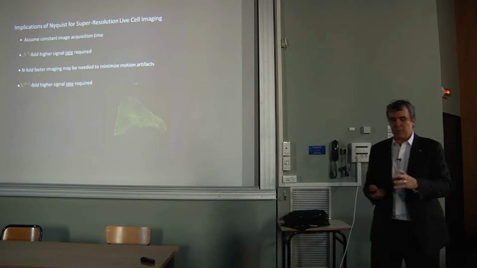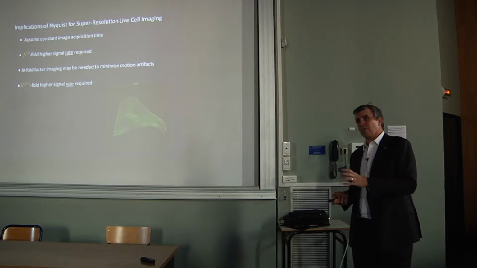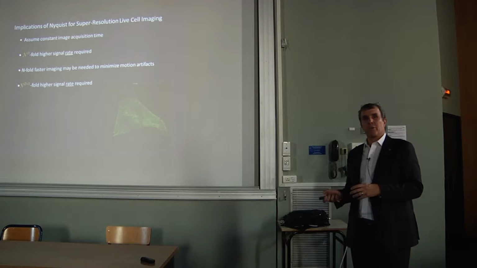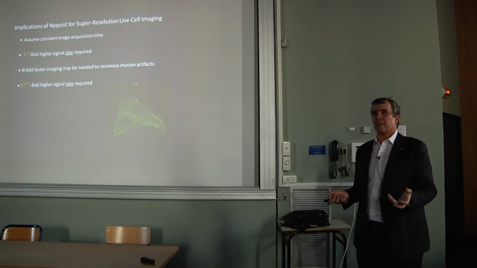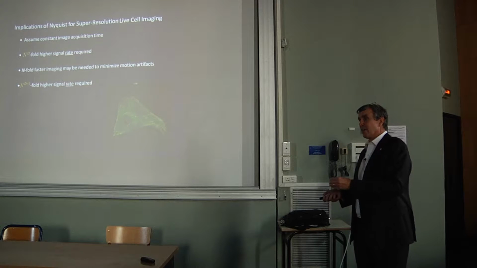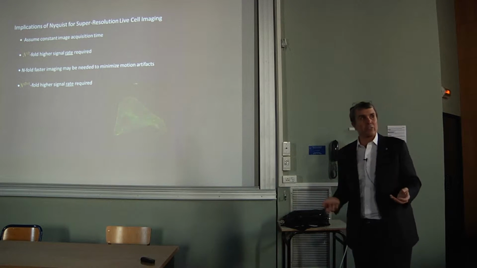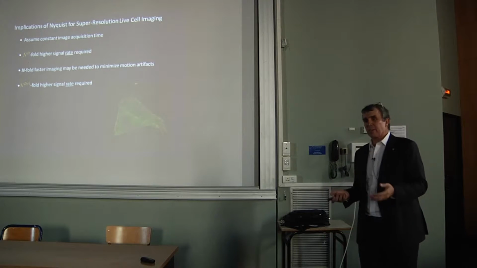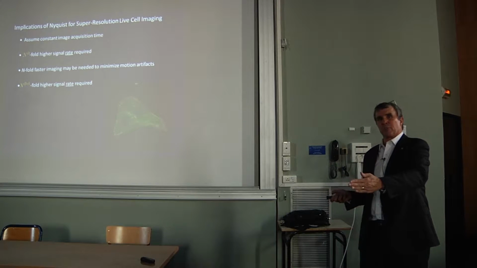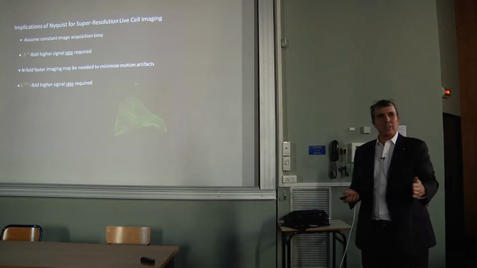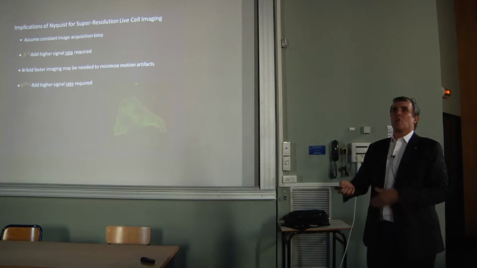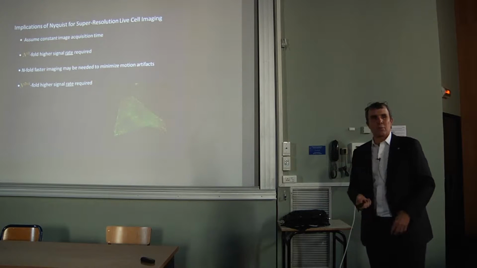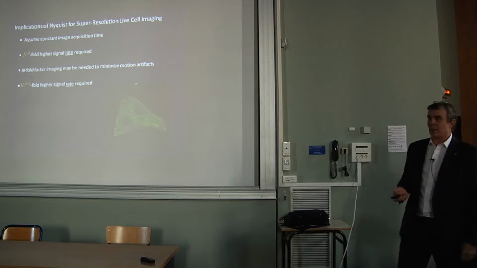But furthermore, it's worse than that, because if I want to look at a feature that's traveling at 1 micron per second, if I had 1 micron resolution, I can afford to take a second to get the image. But if I want 10th micron resolution, I can only have a 10th of a second to snap that image. So there's a bad relationship that as the spatial resolution improves, the temporal resolution has to move in direct proportion, or else you're going to get motion artifacts. So that means the signal rate now has to be n to the d plus 1 times higher.